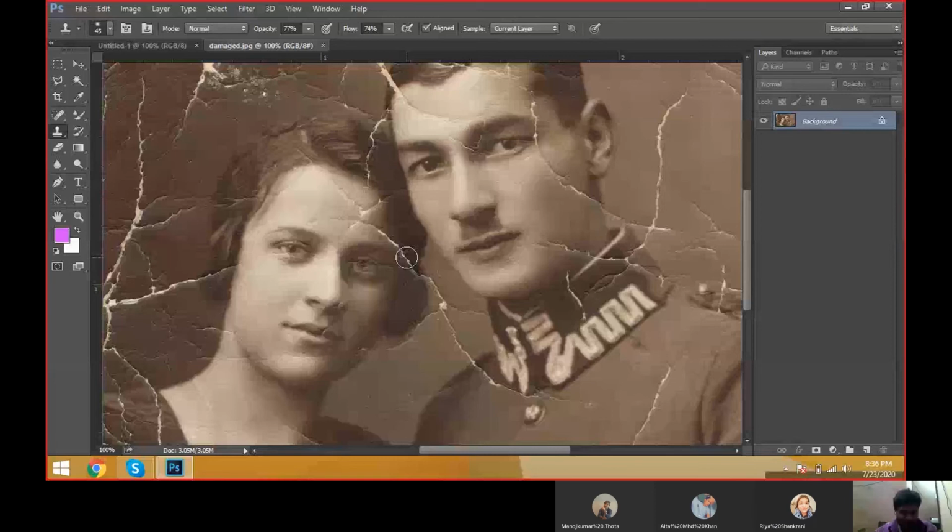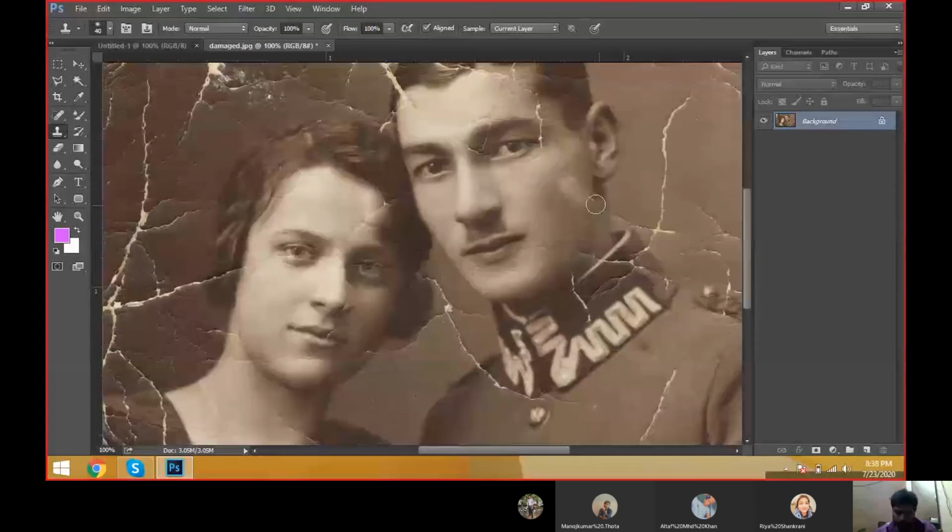Then I'm decreasing something here. I did so many changes, so many hits on this document. I'm just cleaning the area, increasing the opacity.